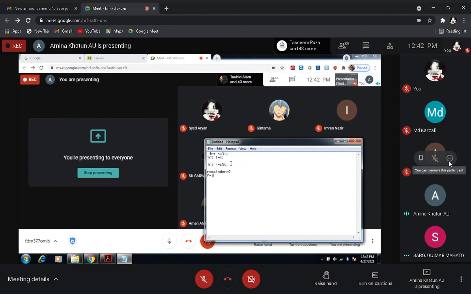Good job. So others understood these things. If you take 2, what will you get? R will be 1, because 30 modulus 2... that means 1. Okay. So in this way it will continue.